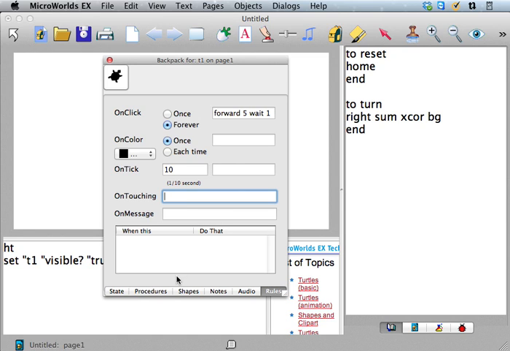Let's say on touching you want to set it to be invisible and click off. So you say set T1 visible false and then click off, right? And then I see people writing tons and tons of stuff, and these get